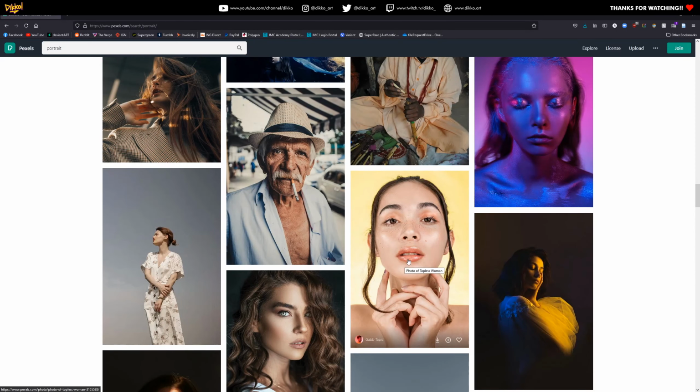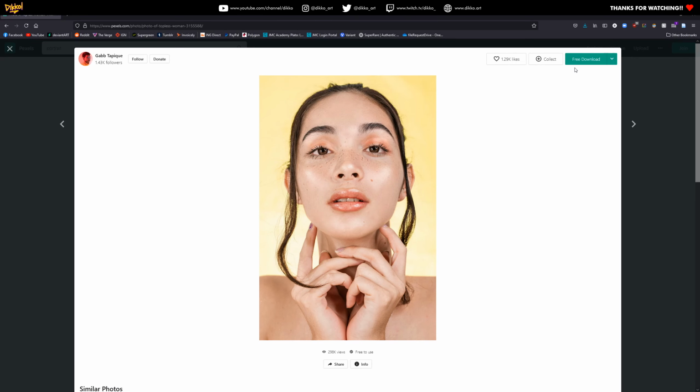This one will do fine. I'm going to go with this one here. I'm going to download this. And this is the cool thing about Pexels is that unlike, say, iStock photo or those sort of things where